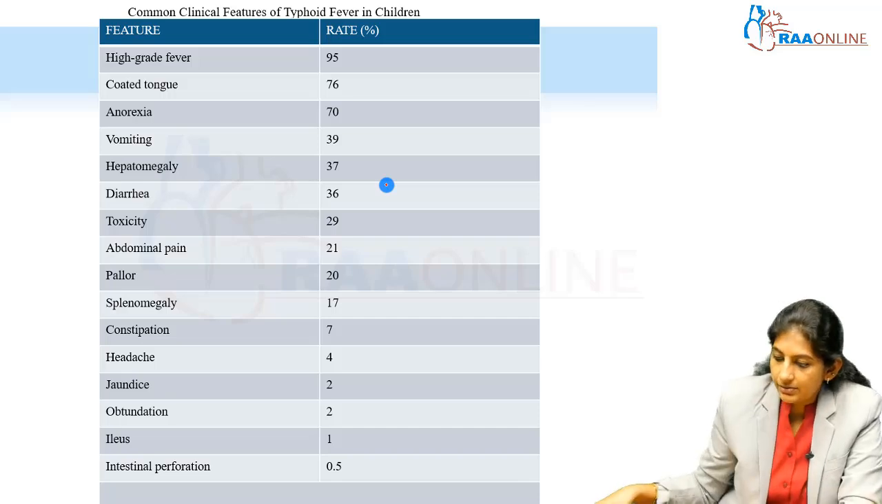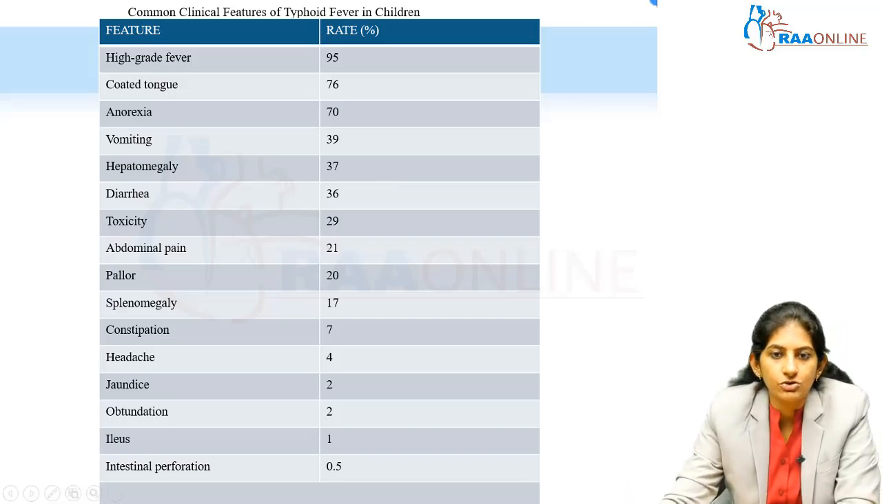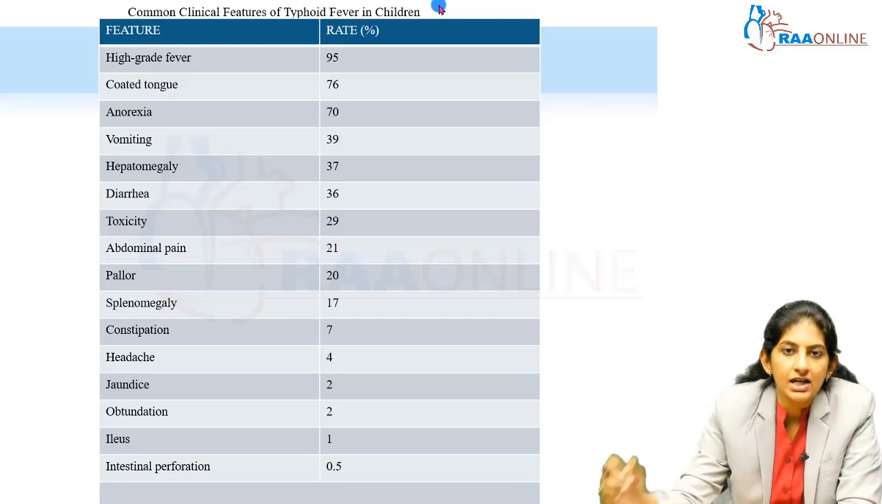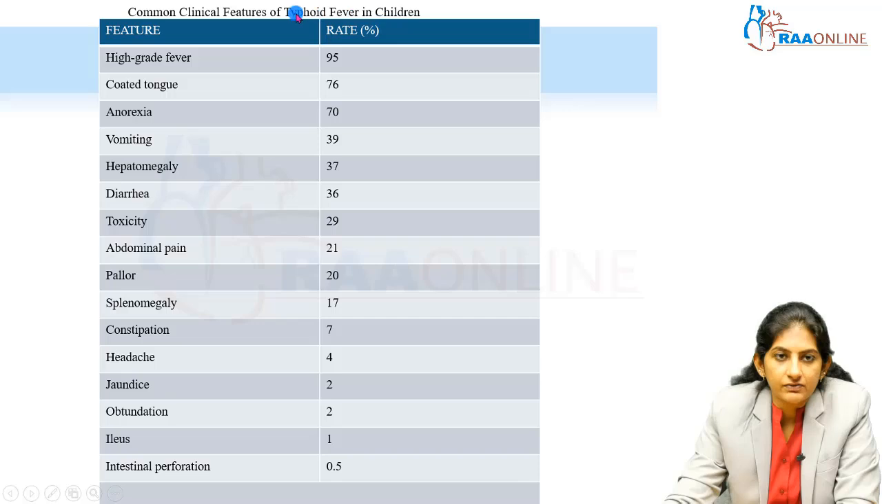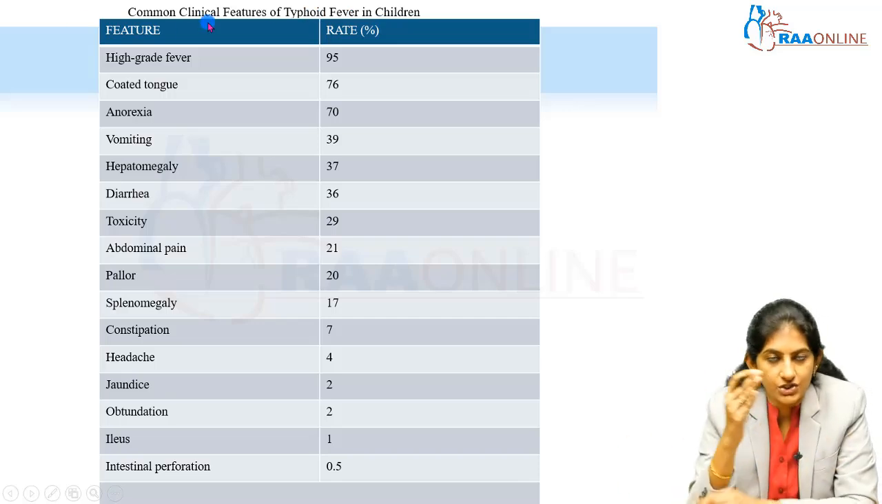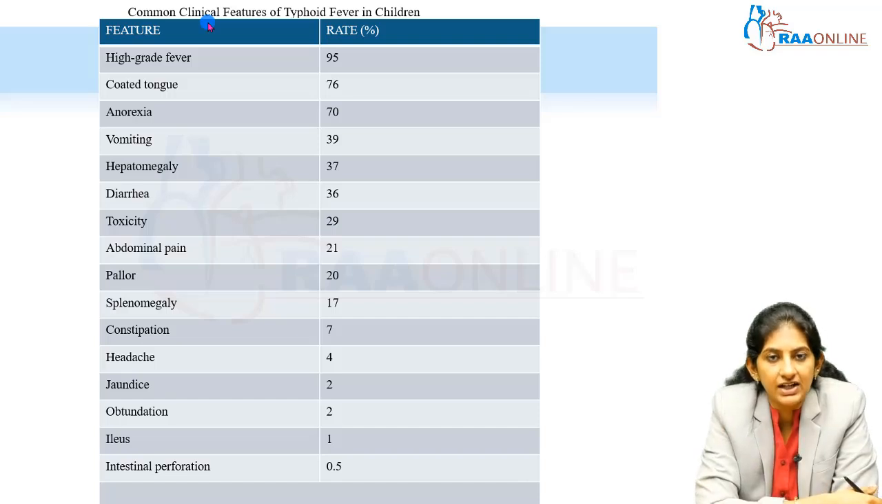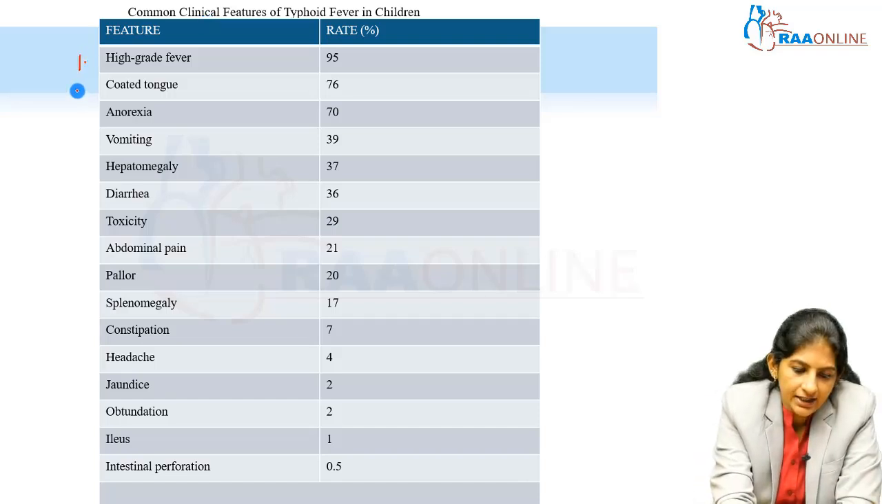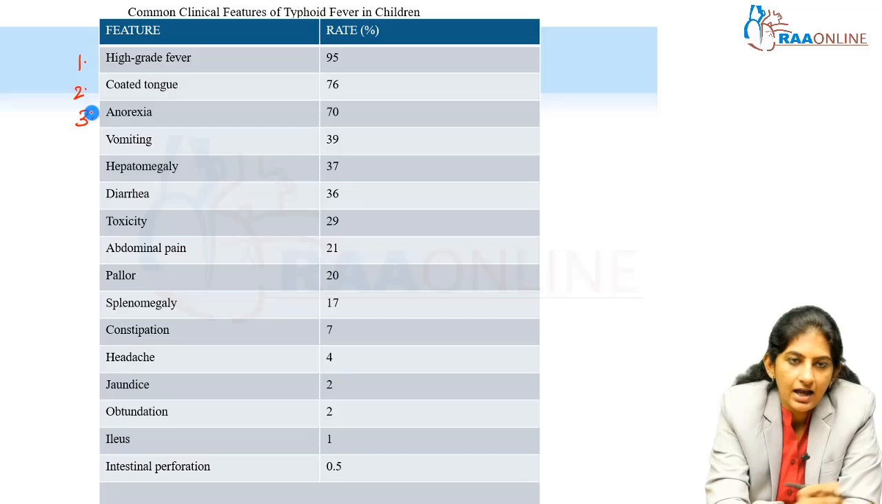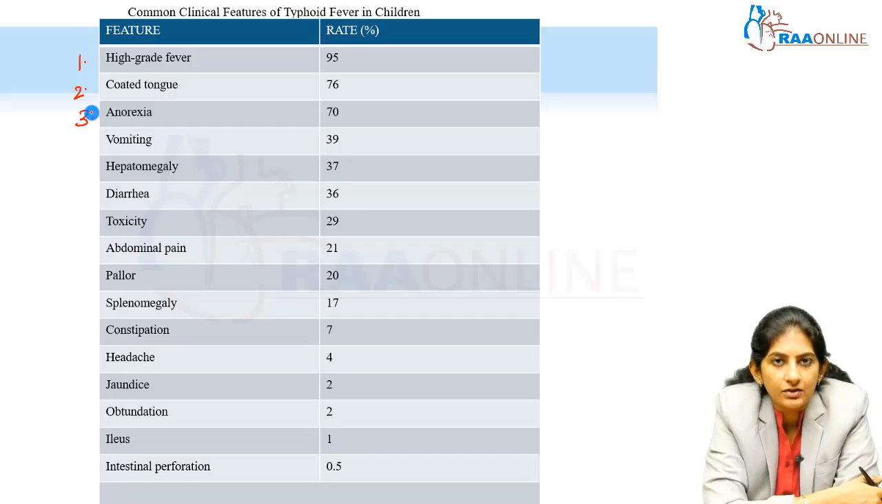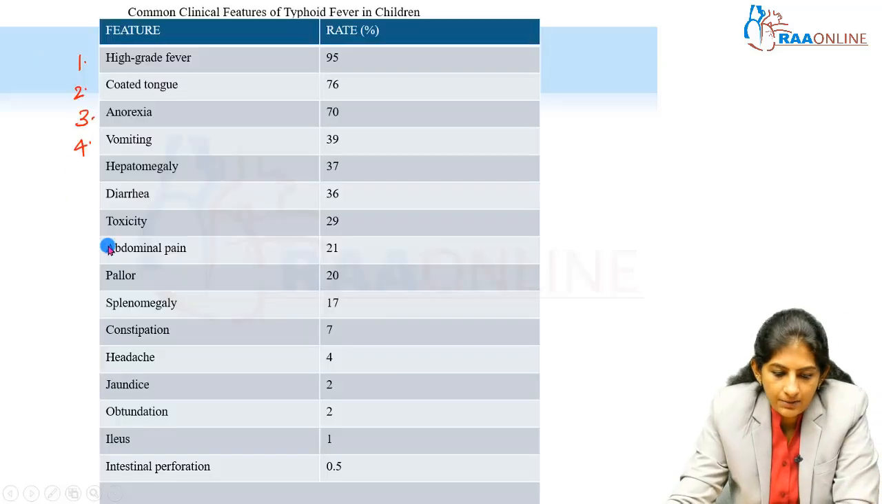So this is a table taken from the Nelson textbook, which is telling you what the clinical features are, right from the most common percentage of occurrence. So high grade fever, what starts as a low grade fever initially becomes a very high grade fever by day 2, day 3. 95% will have a high grade fever, coated tongue, anorexia, then vomiting, followed by abdominal pain, constipation,